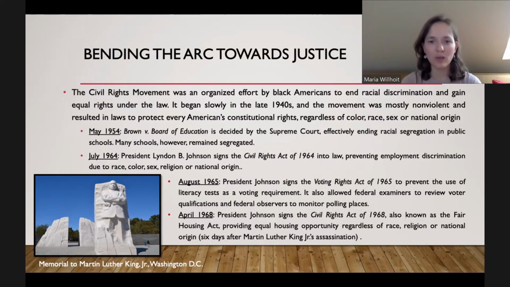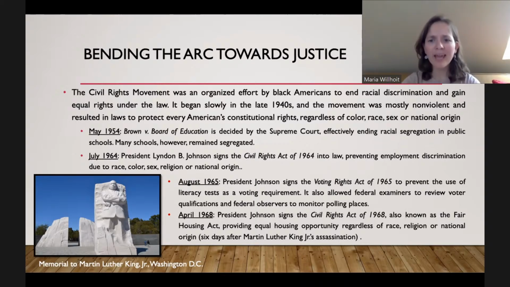They need to be treated equally. He also signs the Voting Rights Act, Johnson, to prevent the use of literacy tests for voting. And this was a big way to prevent Black Americans, many who didn't know how to read at the time, especially after the Civil War. A lot of them didn't know how to read, and so they couldn't vote. So Johnson says, you can't put this test into place.